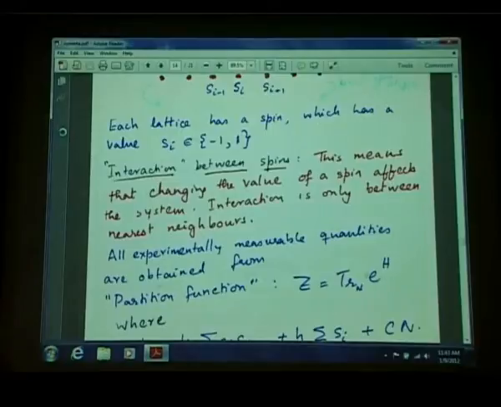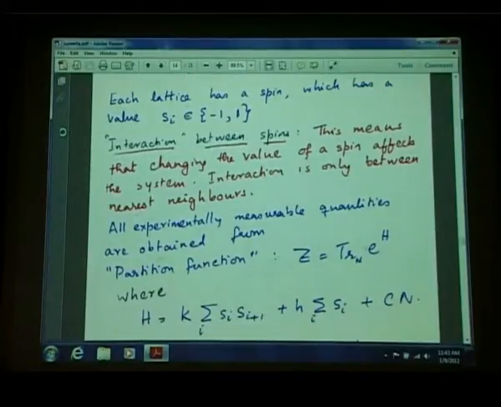Well, what an interaction does is if you change the value of one of these variables, then the energy of the system may change, and the amount by which it changes depends on the values of the nearest neighbors as well. Now in this physical system,